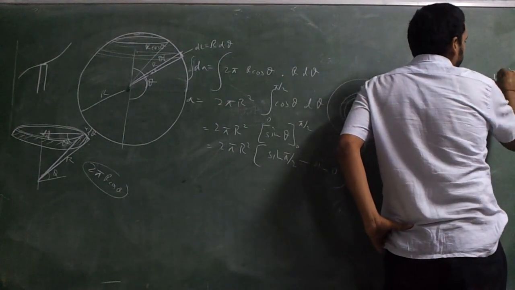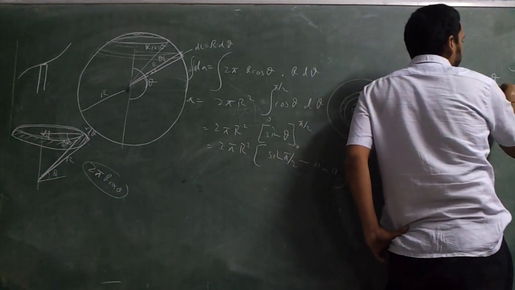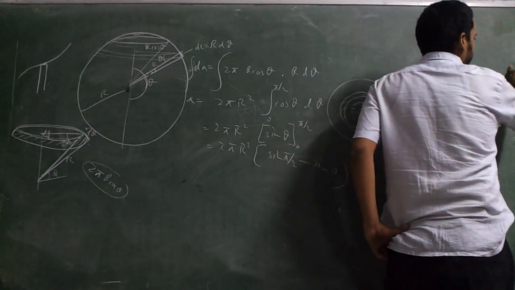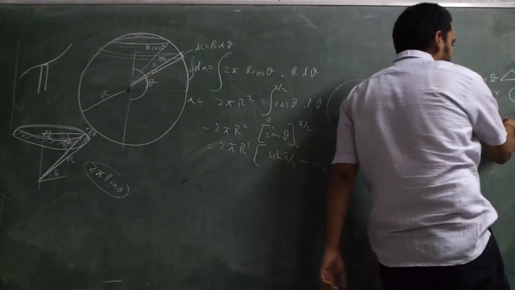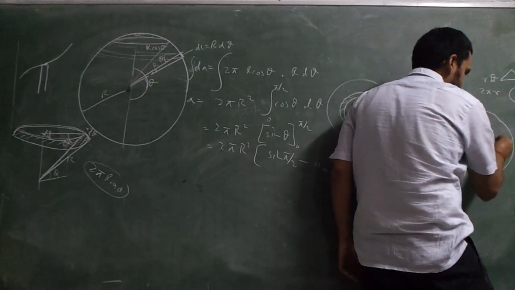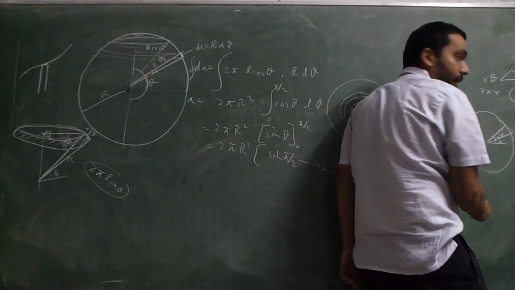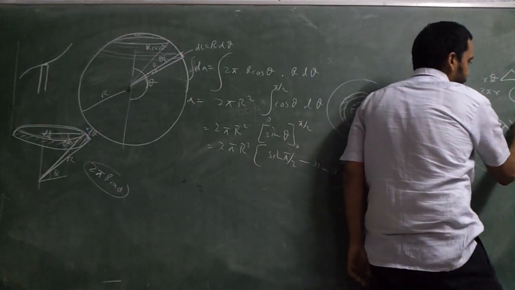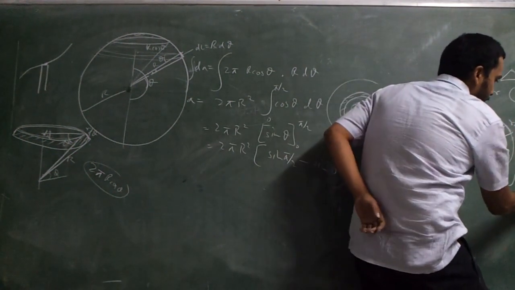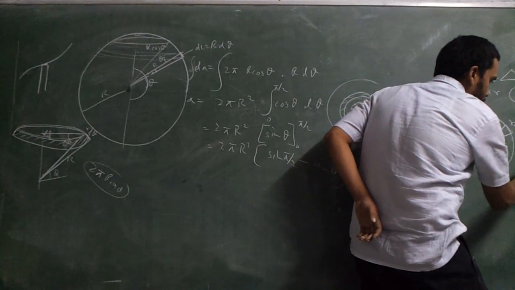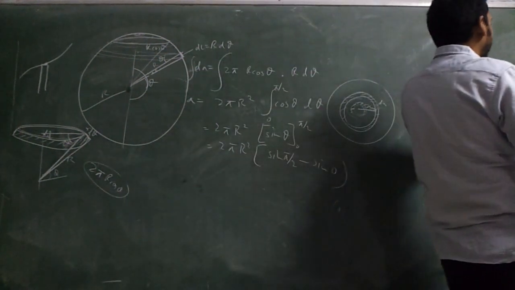R theta was the arc length, we derived the formula that 2 pi r will be the length of the circumference. You can write the length of the circumference in terms of integration itself. You will take a small angle d theta at a random angle theta. What is this length? R d theta. What will be the total length? Integration of r d theta, theta going from 0 to 2 pi. You get 2 pi r. Or simply arc length into the angle, 2 pi r, you will get.